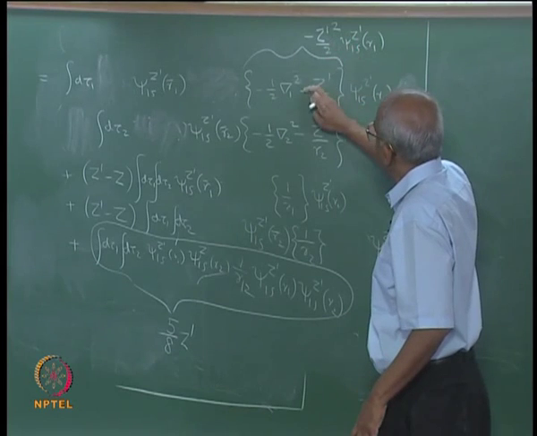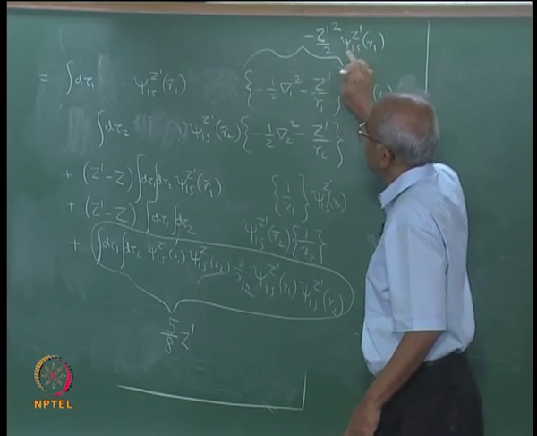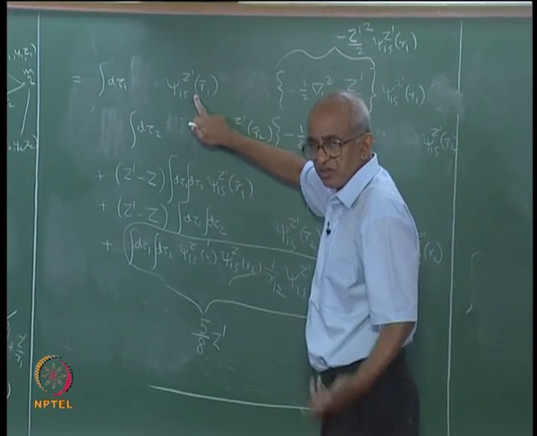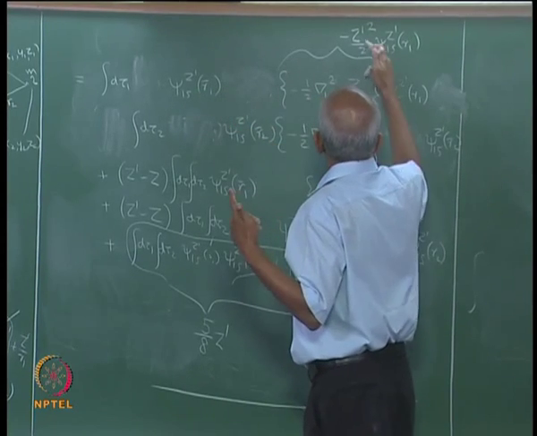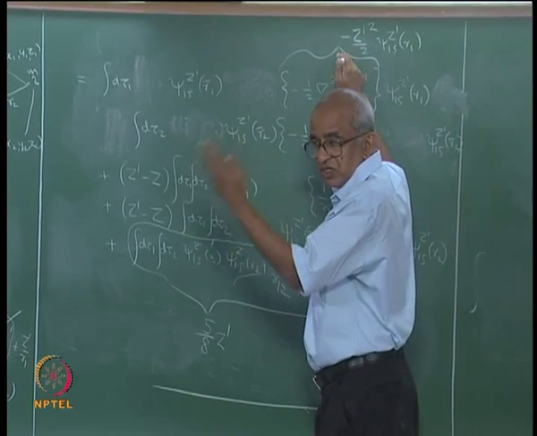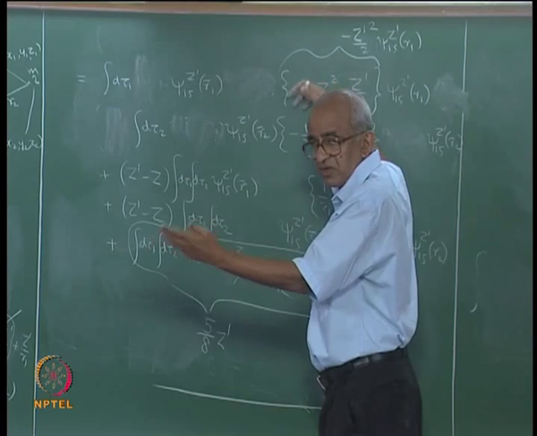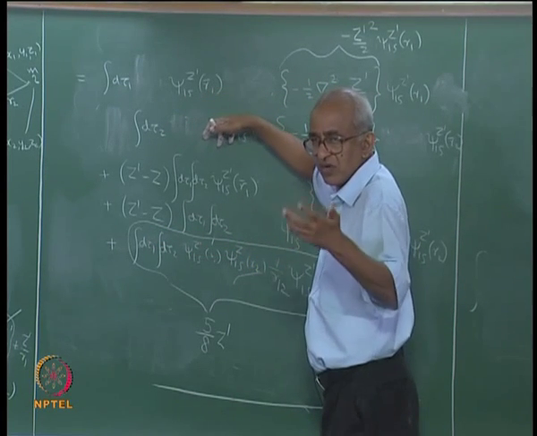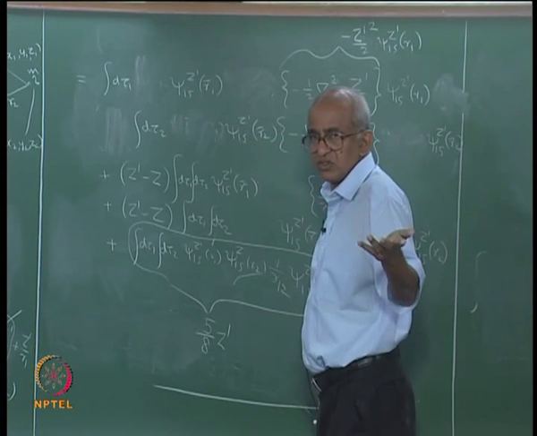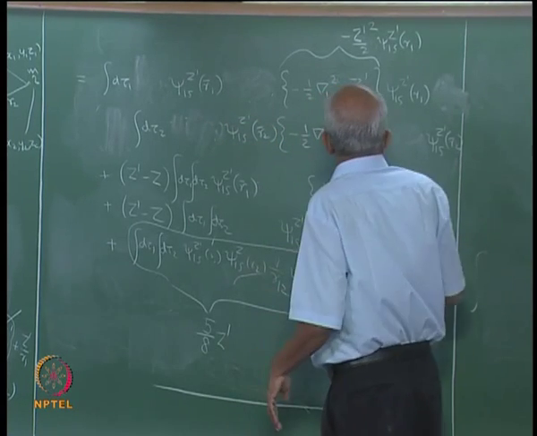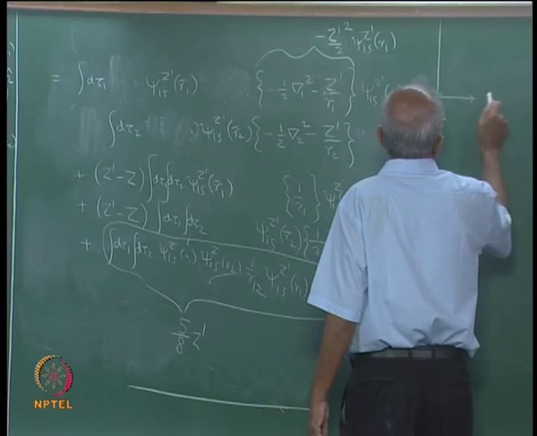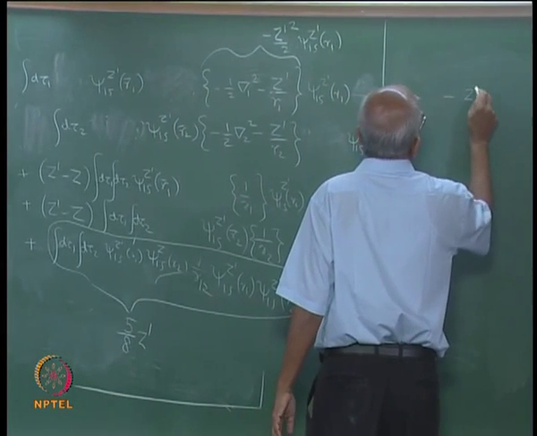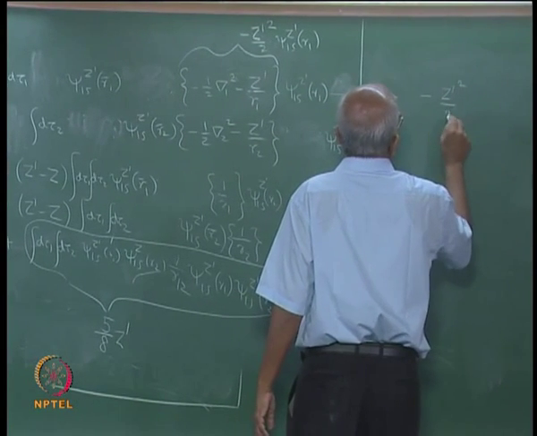So, you can put that value here, then you will realize psi 1s and psi 1s can be multiplied, you will get psi 1s square. This is a constant, minus Z prime square by 2, so you can take it out of the integral sign, and therefore you can do the integral over d tau, because it is just the integral of psi 1s square, and what is the answer? It is just unity, and therefore this integral you will evaluate to be minus Z prime square divided by 2,